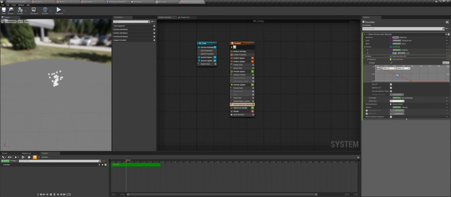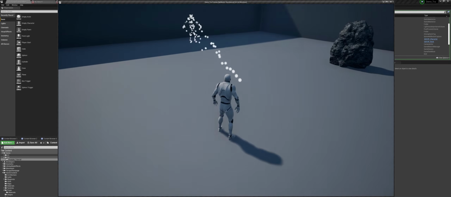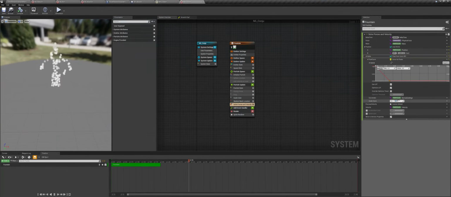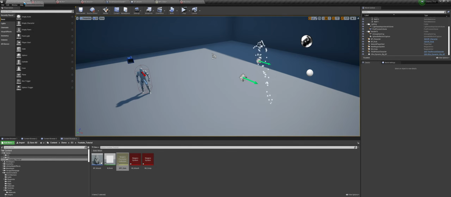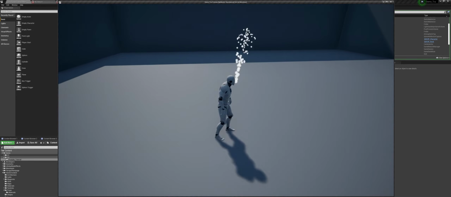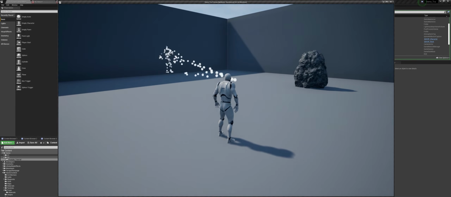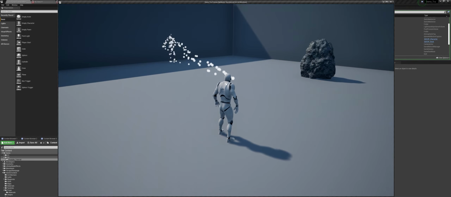So if you set this value to even earlier, like 0.2, then you can see that it is fully forming the mesh. So I will set this value to like 0.3. So now you can see that our particle is traveling from the arrow location to the mesh, and it is kind of recreating the mesh there.